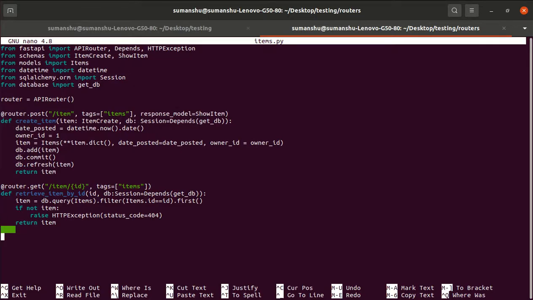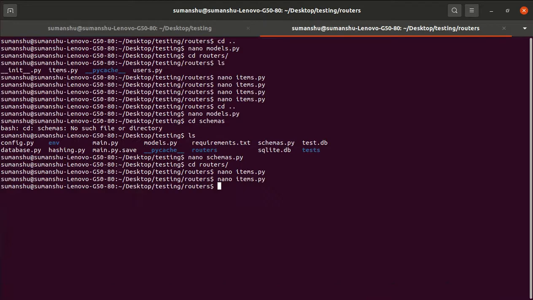Wherever we are passing the HTTP status code, we will set detail equal to item ID does not exist, and since ID is a Python variable, we will use an f-string, right?